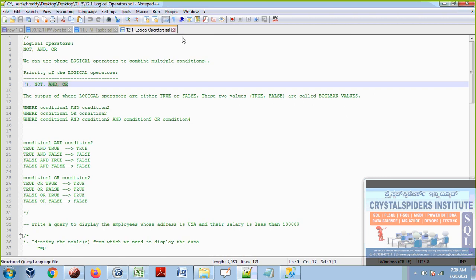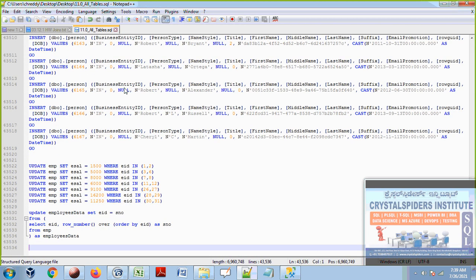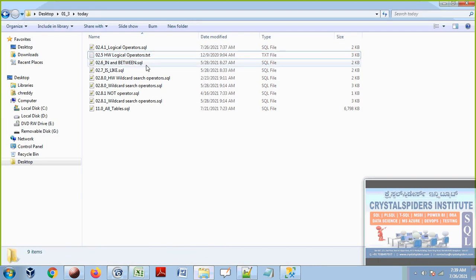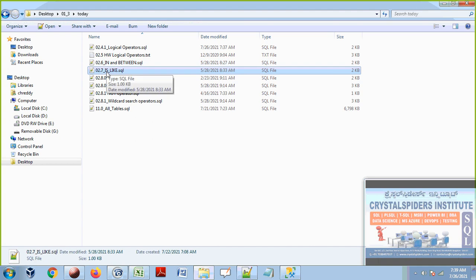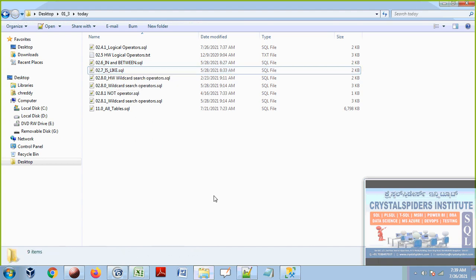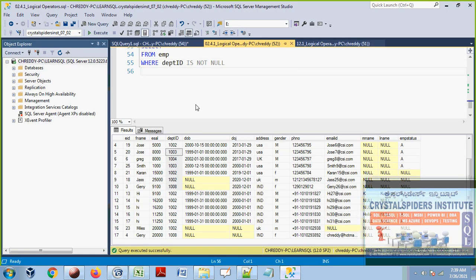Okay, this is fine. This is what we have on logical operators, guys. Now we are moving on to another concept: we are going to see the IN and BETWEEN keywords, and the IS and the LIKE keyword. Just now we saw the IS keyword; again we will discuss the IS keyword today. So: IN and BETWEEN keywords, and the IS and the LIKE keyword. And in tomorrow's session we are going to start wildcard search operators. It's an interesting class tomorrow. We'll see that. So now, how do we use the IN and BETWEEN keywords? We are going to see that.